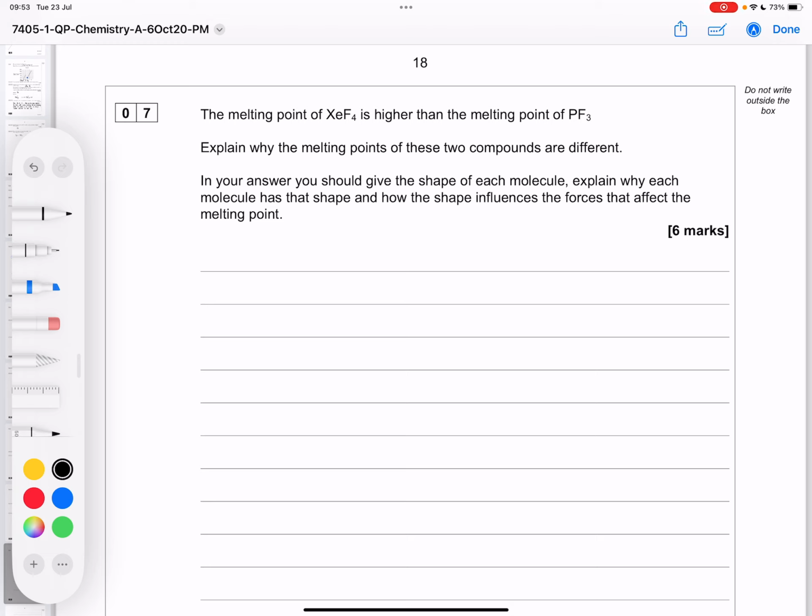So both of these two are simple molecular, so their melting point will be determined by their intermolecular forces, which could be van der Waals, permanent dipole-dipole, or hydrogen bonding, although we can see it's not going to be hydrogen bonding here because there's no hydrogen present. First part of the question though asks us to give the shape of each molecule and how we came up with the shape. So the first one we could do is